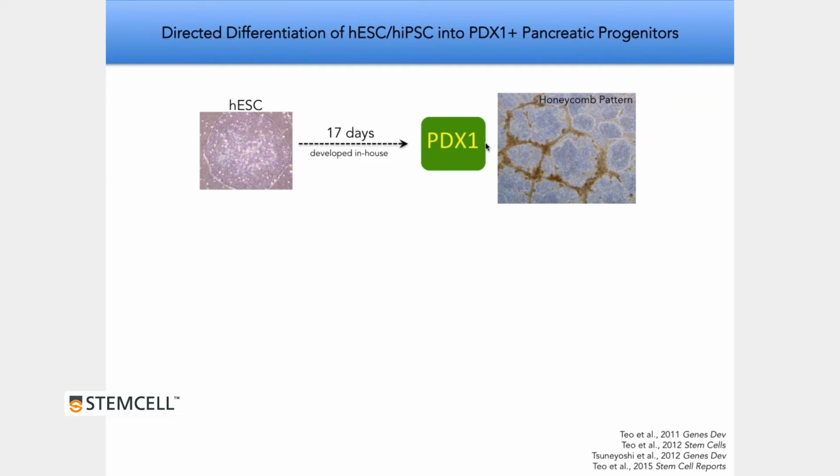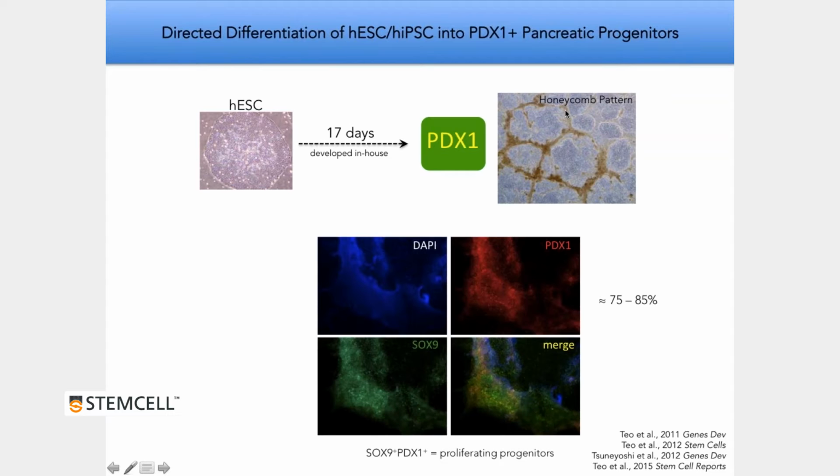early pancreatic progenitors. And I want to emphasize here that we're looking at cells that first express PDX1, like those in the early pancreatic bud that I showed you in the mouse and human images earlier in my talk. Through protocols that we developed in-house over the last decade or so, after roughly 17 days of differentiation, you can see that the cultures have changed dramatically from their colony phenotype to these little mountain ranges and honeycomb pattern, and it's within these thickened ridges that if you do immunofluorescence, you can find very abundant numbers of PDX1